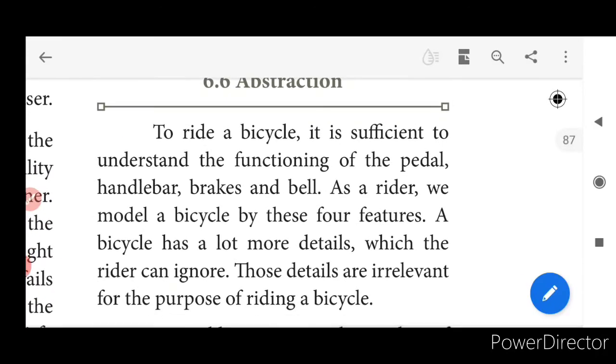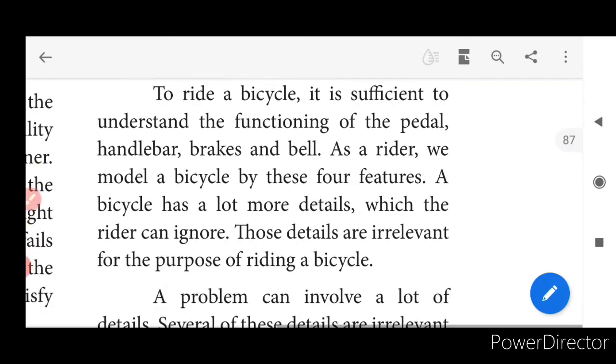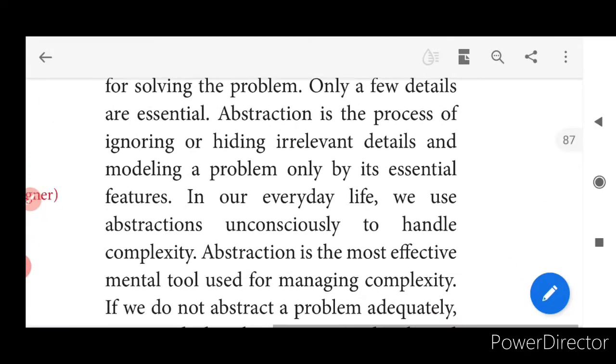For riding a bicycle, you wanted to know whether there is a brake, whether the bell is proper, is there a pedal, and if the handlebar is proper for me to drive. I will not bother about anything that is behind the woods, right? We will forget everything. The only thing is there must be a smooth way for me to drive. All the expectations of a rider are that much only. But behind the woods you will have so many details that we will not bother. The same way in an algorithm, if a problem arrives, we will focus only on the problem. What could be the solution for it? Only that we will focus on, and we will leave out all the other details that are actually not important.